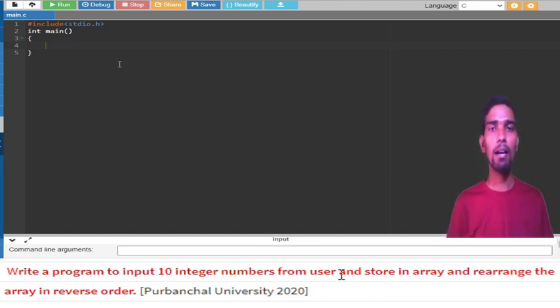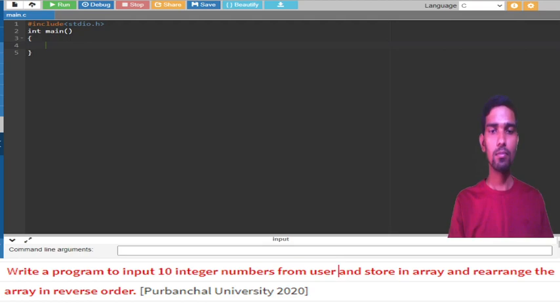Like if you enter 1 to 10, reverse means you go from 10 to 1. Whatever the user inputs first should appear last, and what is last should appear first.